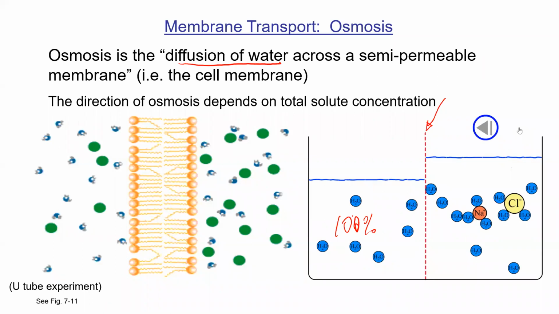And over on the right, we've added the salt. So it doesn't really matter what percent it is, it's just less than 100. So the water moves from the high concentration to the low concentration. And actually what happens is the water on this side starts to go up. Eventually it's going to stop because of course the force of gravity is going to slow it down. But this is what